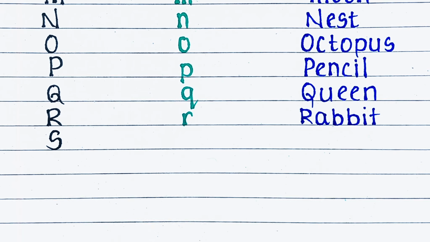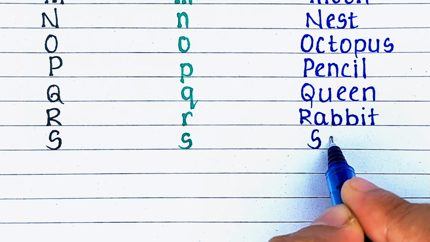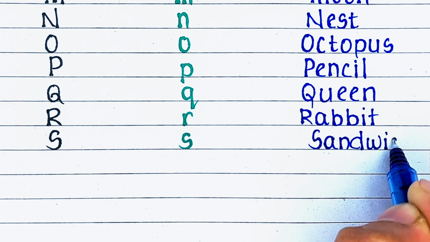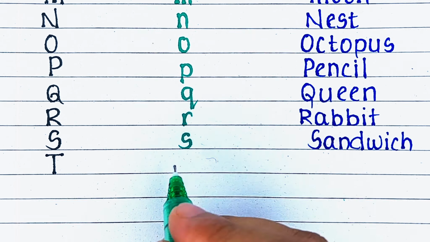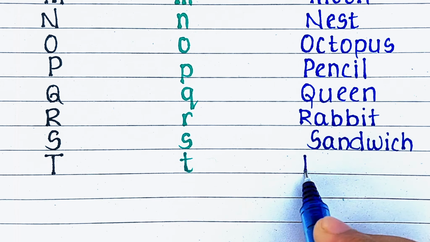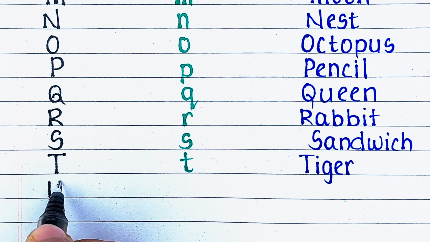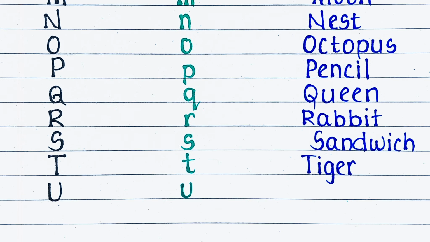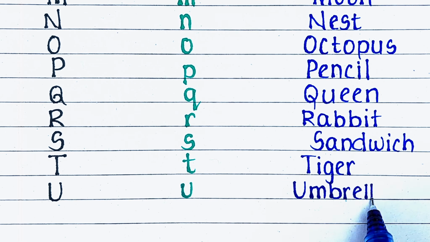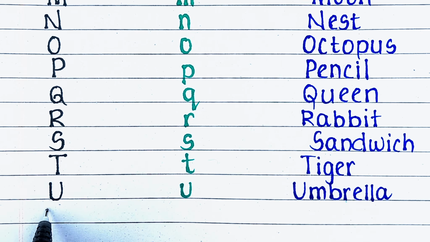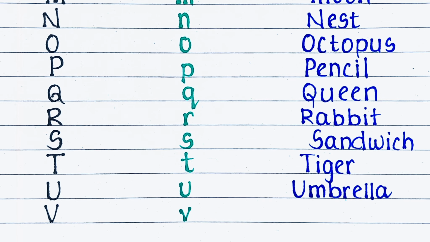Next is alphabet S, capital S, small s, and the word is sandwich. Next is capital T, small t, and the word is tiger. Next is alphabet U, capital U, small u, and the word is umbrella. Next is alphabet V, capital V, small v, and the word is